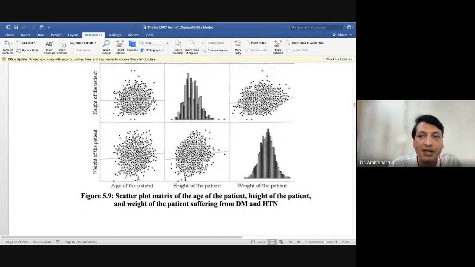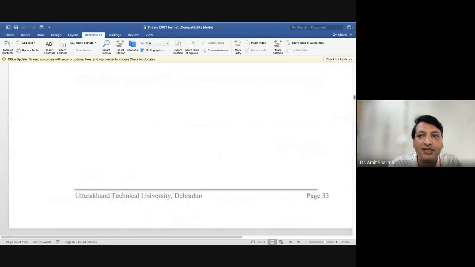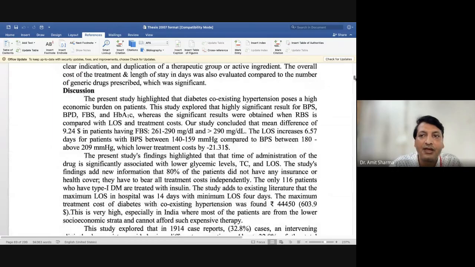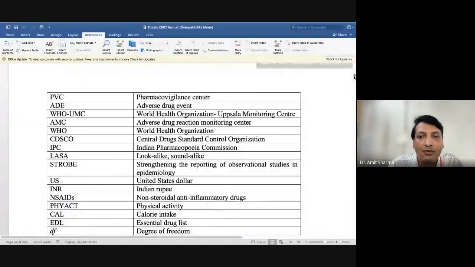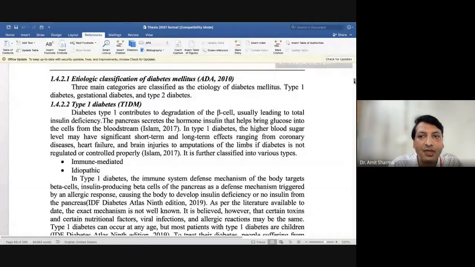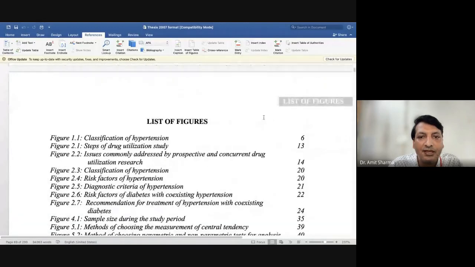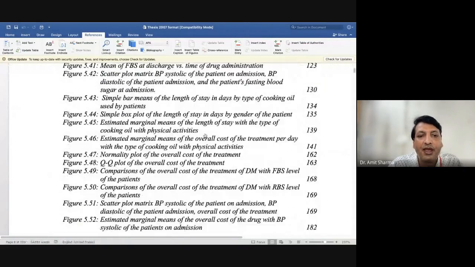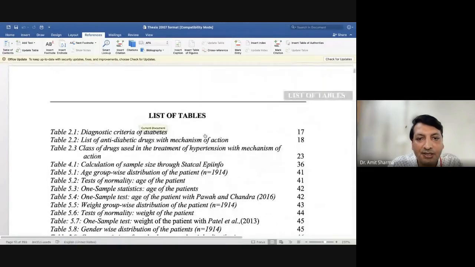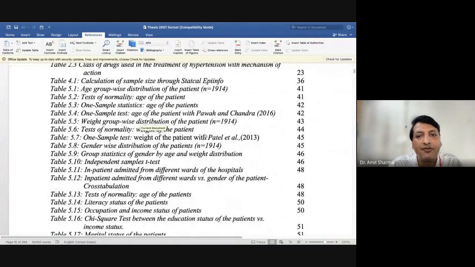So hyperlinks have been added. How to add these hyperlinks and how to write your whole thesis in a single Word file, I'm going to let you know in the last class. The main thing is that you don't have to make a separate chapter. The facility of getting, for example, the list of figures and list of tables in your thesis automatically with the help of MS Office Word will be made by the software if you have made your whole thesis in a single Word file. Then only you can generate it.